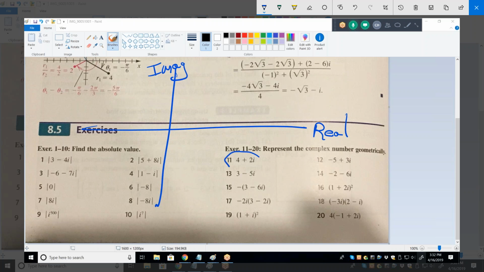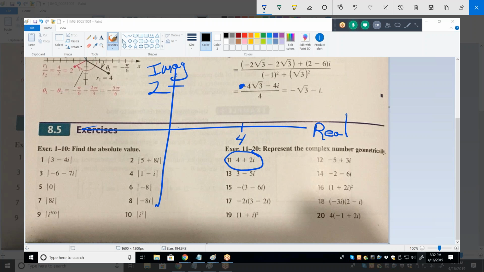So if I'm graphing that, I'm going to go out 4 units, up 2 units, and there's my point right there. Yes, sir. Okay? So from what I just explained, I'm sure you can do 12, 13, 14,